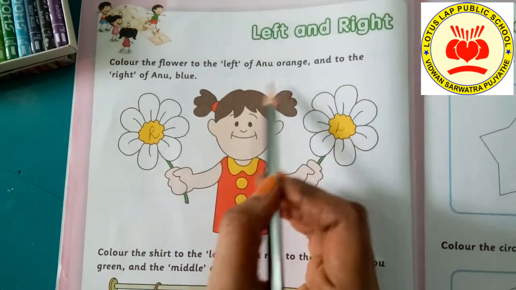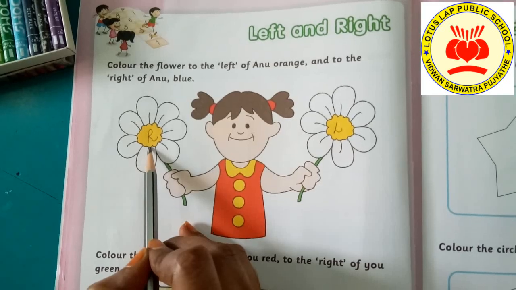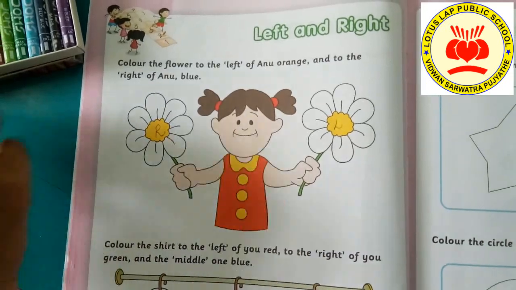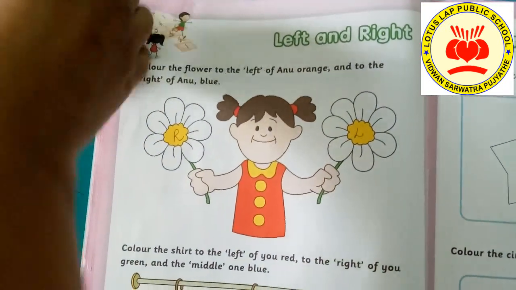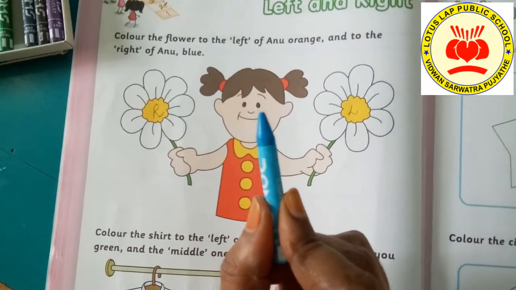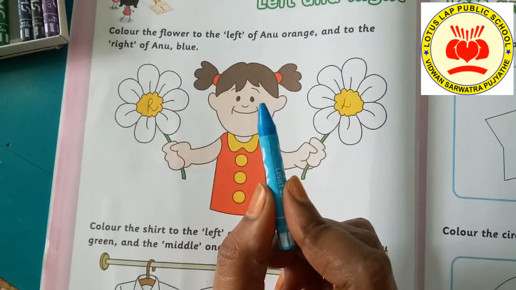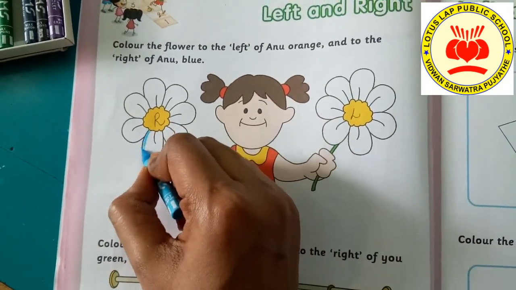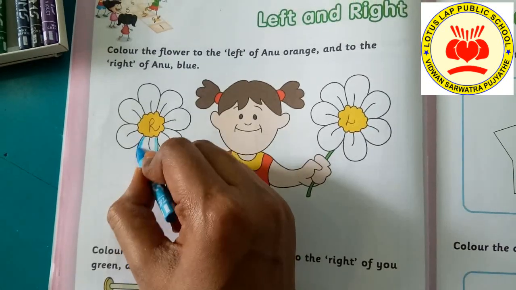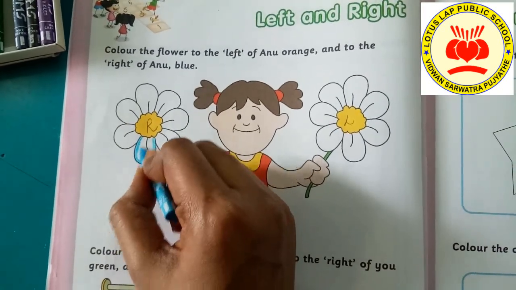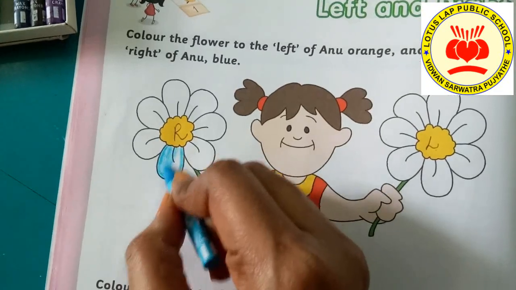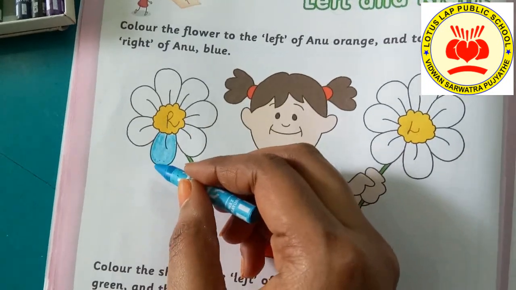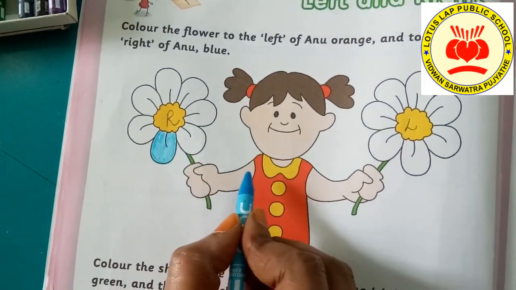Okay. Now which color do we have to color on the right side? Which is blue color. Now let's take blue color. So this blue color I am going to take, children, sky blue. Okay. Let's color. Carefully while you are coloring the edges, either from top to bottom or else from right to left. Okay.